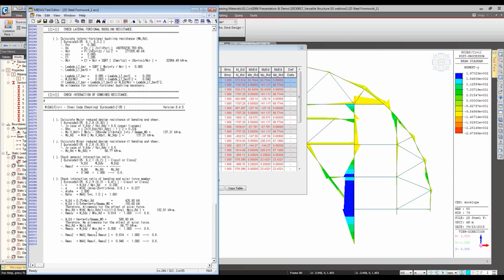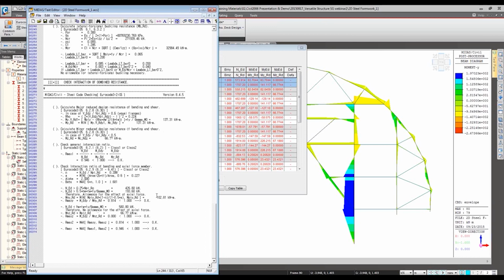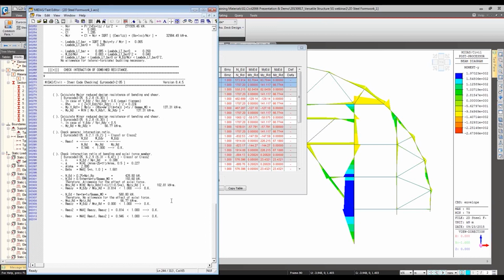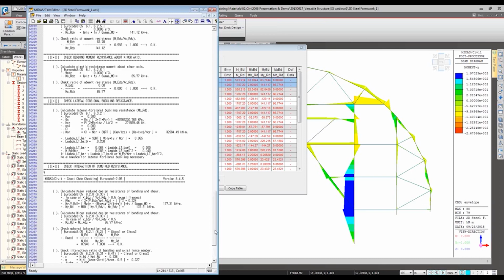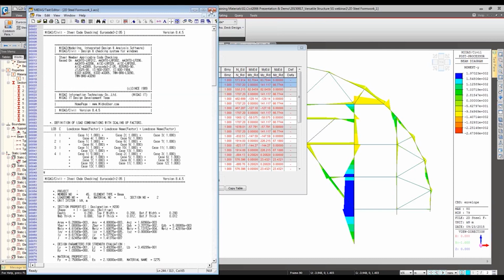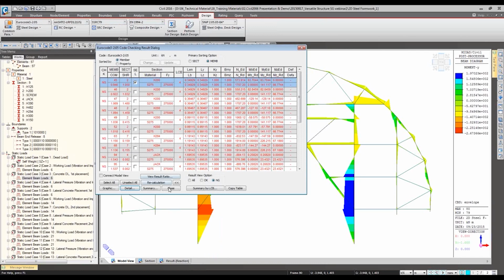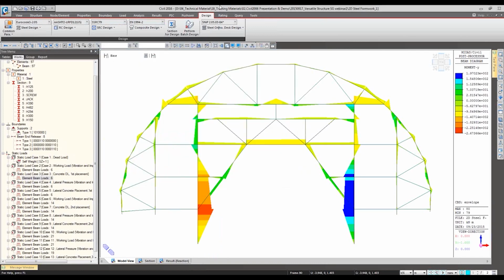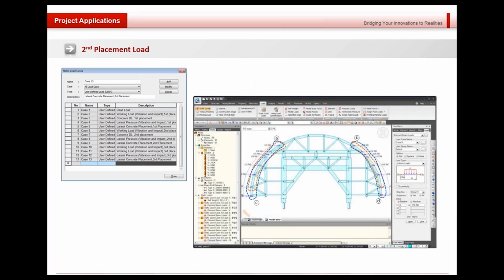And finally, the combined effect. So both sectional resistance and the buckling resistance can be verified and shown in this report. So it does the application for the steel framework, and let's move to the next application,